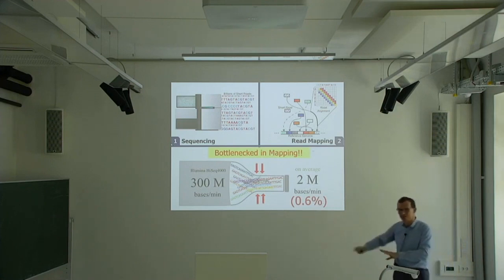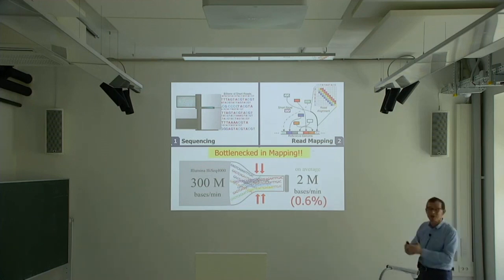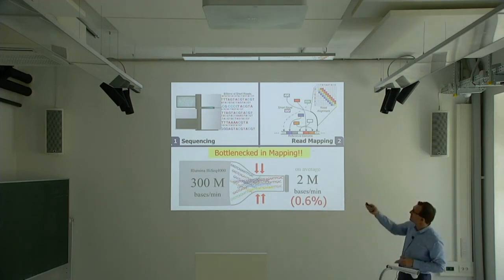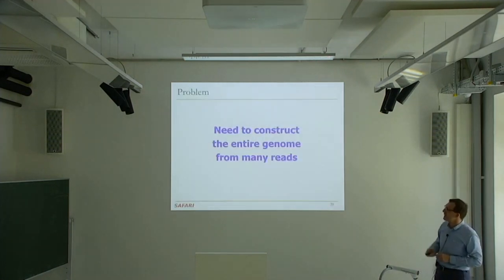And this is one example, take this with a grain of salt again. This assumes some technology and assumes some processing power. But basically, there's a huge bandwidth bottleneck. This is very high throughput, but this is very low throughput today. And I'm going to give you an example of why it's low throughput.